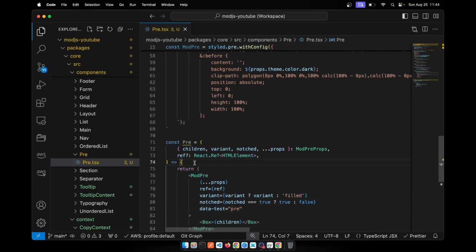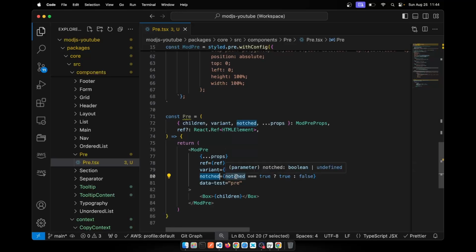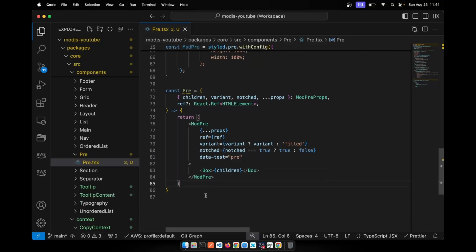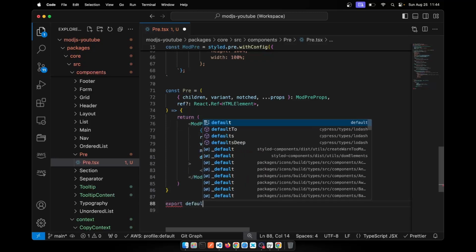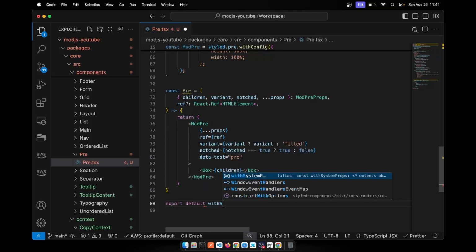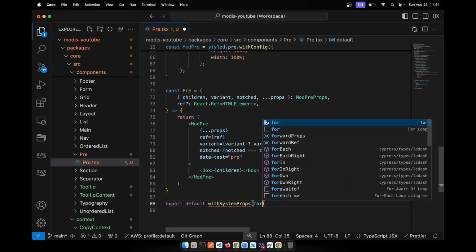And I forgot to mention that this notched is using clip path right now, and in some browsers clip path doesn't work out well. So it's always better to test this, okay? And I've seen that in a larger screen. And this notched property sometimes has glitches or bugs, which I'm still working on to fix, but it still works out pretty good, okay? So export default with system props forward ref,